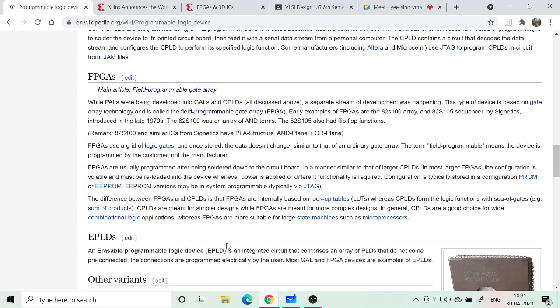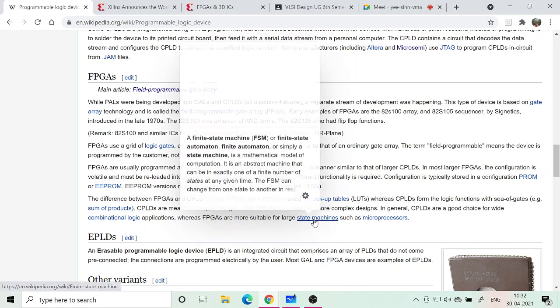They are called simple PLDs. So PLA, PAL, all this type of thing. And CPLDs are meant for simpler designs, while FPGAs are meant for more complex designs, and that is another difference. And in general, CPLDs are a good choice for wide combinatorial logic applications, combinational circuits, and FPGAs are good for implementing state machines.